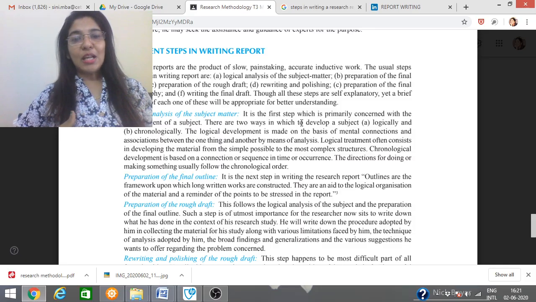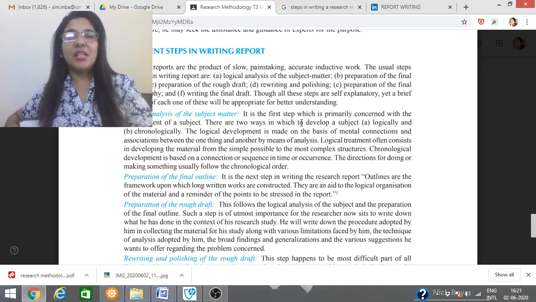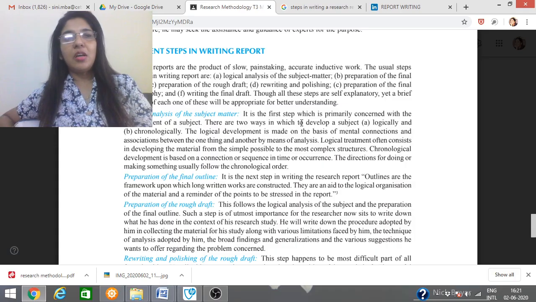The first step is logical analysis of the subject matter. You have done a research based upon particular concepts, and there is a sequence in which you have done it.